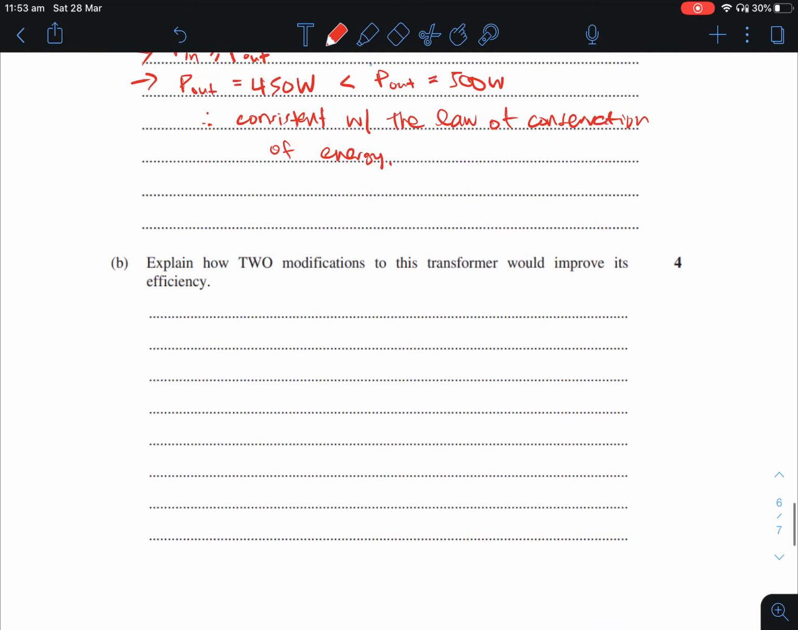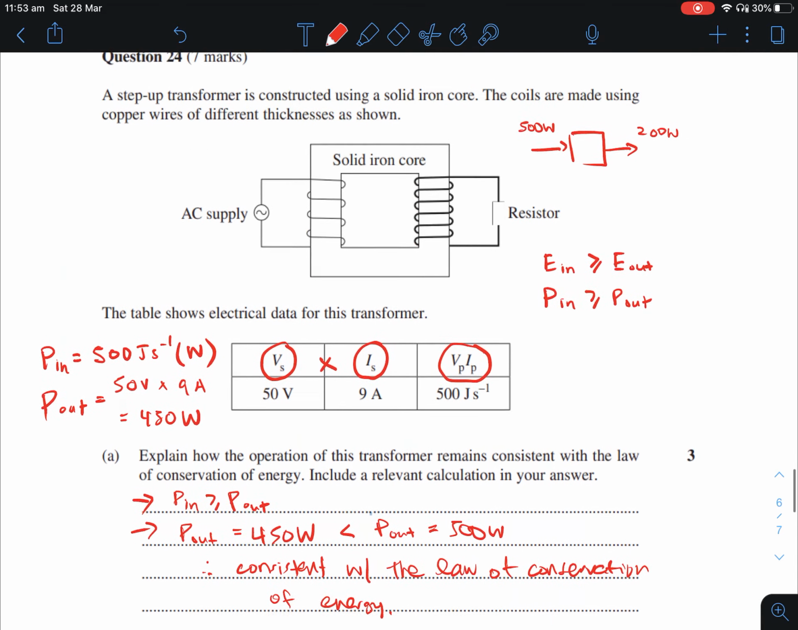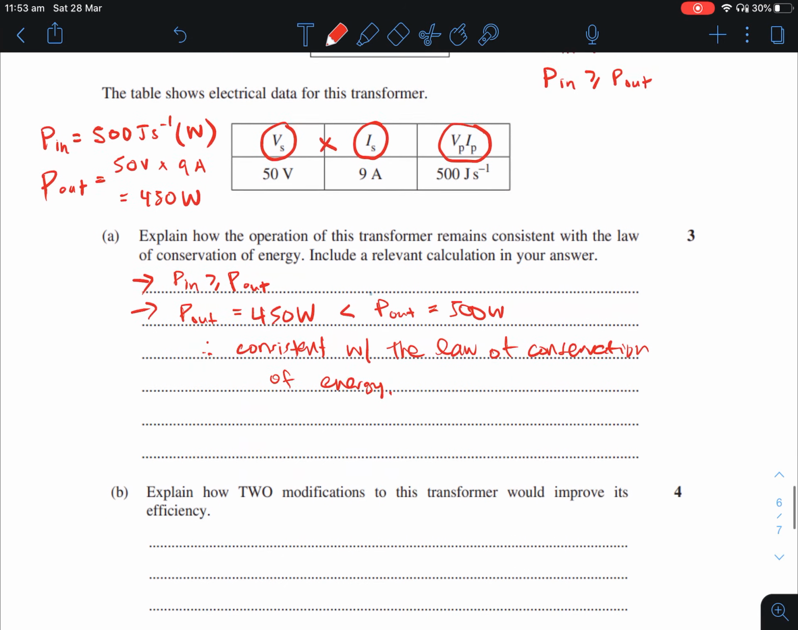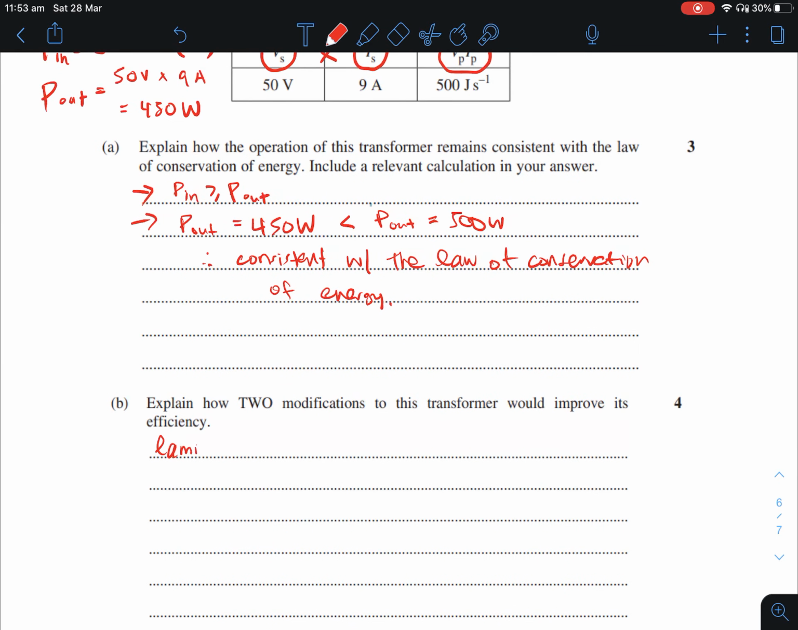Part B says, explain how 2 modifications to this transformer would improve its efficiency. Well, if we look back up here, we notice that we've got a solid iron core here. In other words, it's not laminated. And so the first really obvious improvement is laminations. And what do laminations do in the core? Laminations in a solid iron core, they actually, well, they prevent, or really they just reduce the formation of eddy currents,